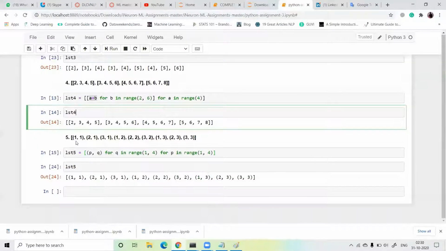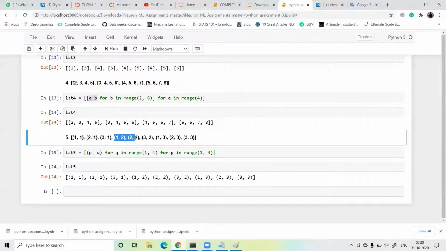Next program: in a list we have 1, 1, then 2, 1, then 3, 1. This is our first list. Second is 1, 2, 2, 2, 3, 2. Third is 1, 3, 2, 3, 3, 3. Only our second value changes, guys; the first value is the same in each column.